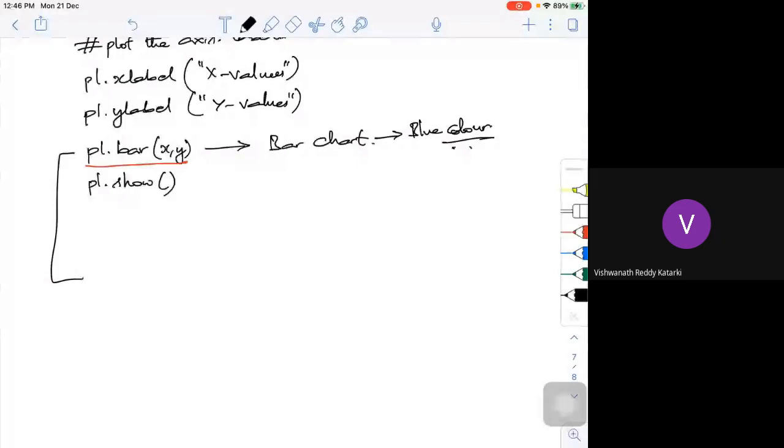If I want to do that, I can write pl dot bar x comma y, width is equal to whatever we want, you can give the width 0.1 or 0.2 or 0.3, whatever you want.